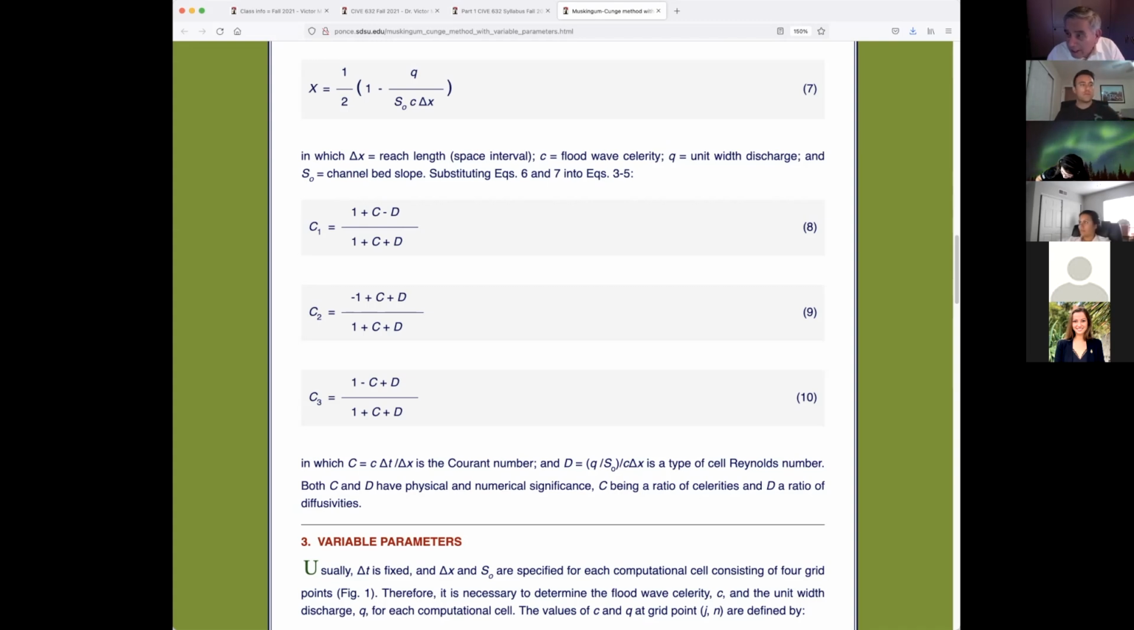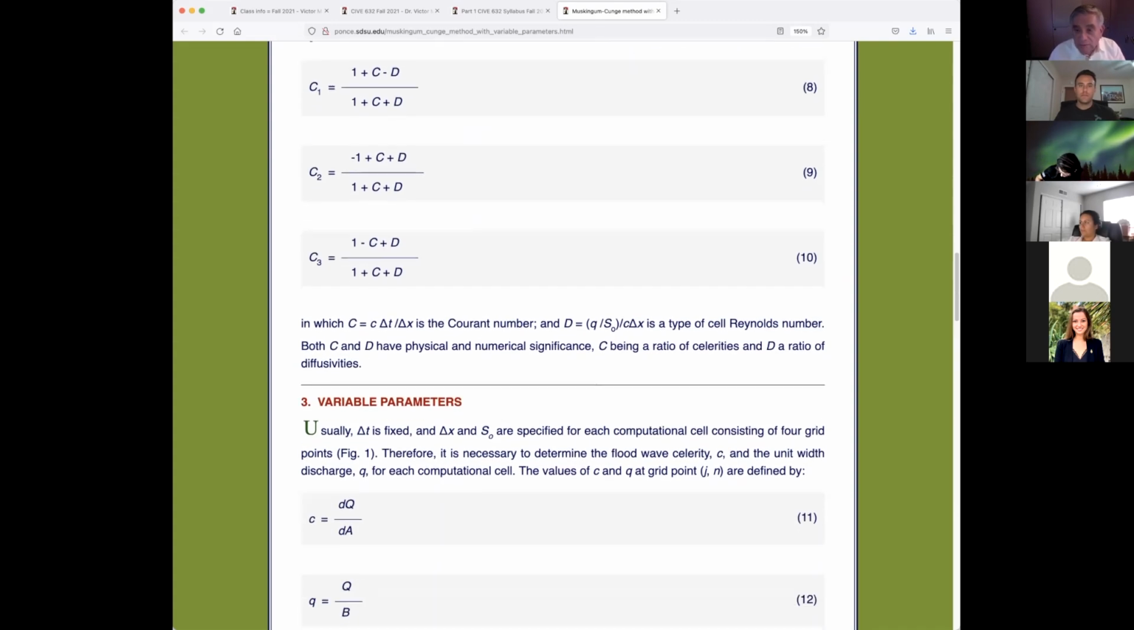I didn't like that because if the Courant number was a ratio of physical to numerical celerity, the cell Reynolds number had to be a ratio also of diffusivities, where the physical diffusivity is on top in the numerator. So we did that. We also found out that in the literature of contaminant hydrology and hydraulics,